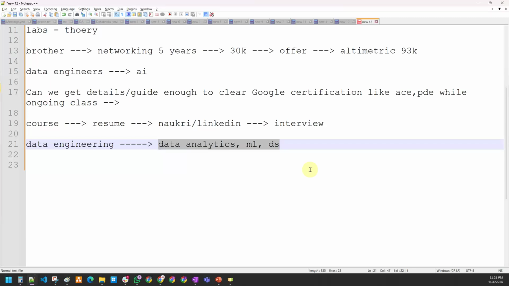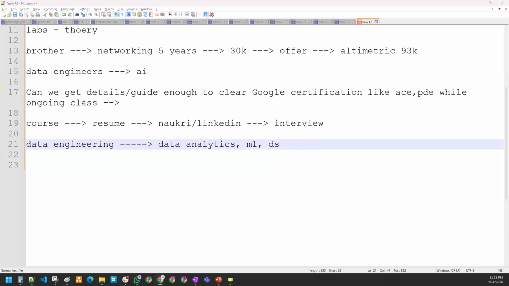Right now I'm working as an automation architect on the testing side. I have 11 plus years in automation. I wanted to move towards GCP data engineering. After completion of this, will we put 2.5 years of experience, maximum two? For experience, you can put three also, not a problem.